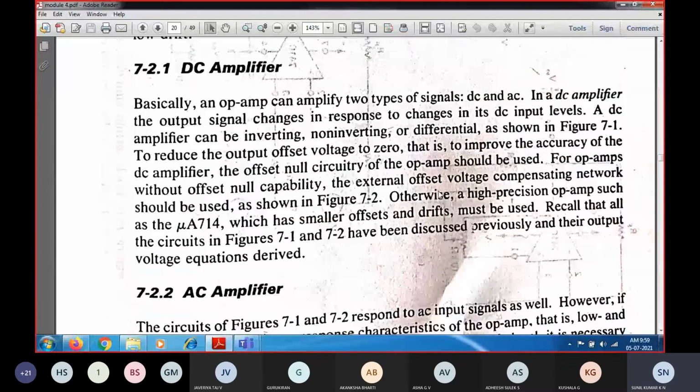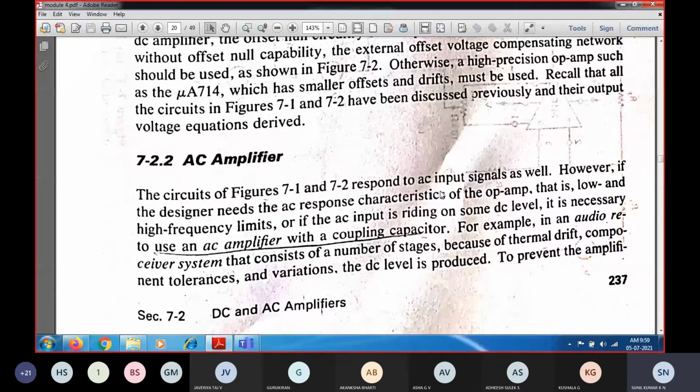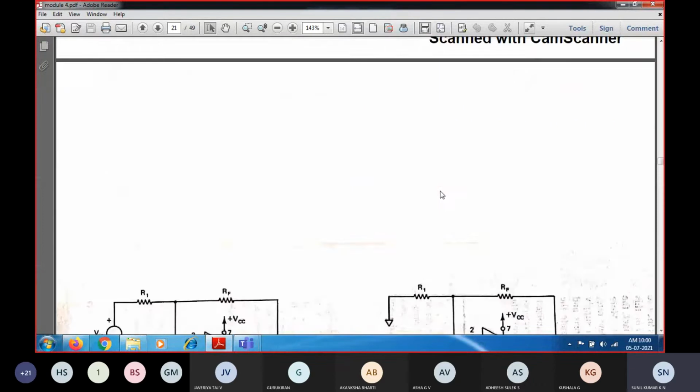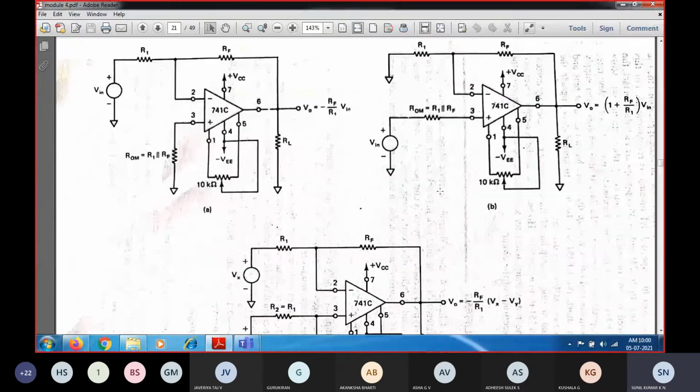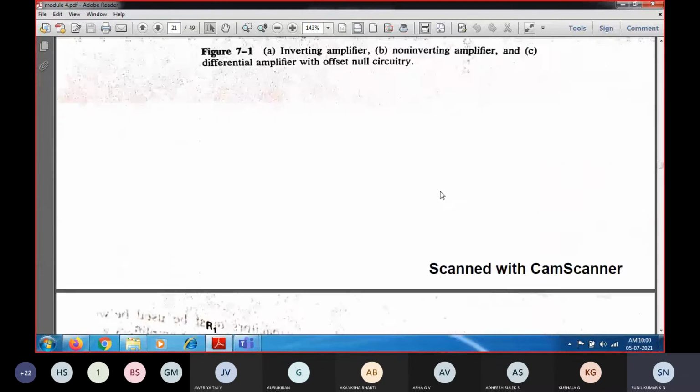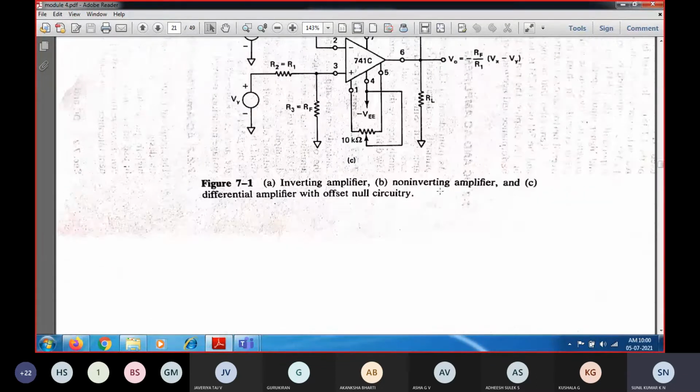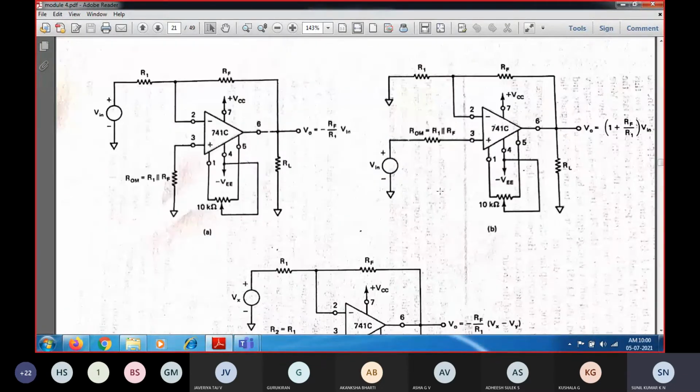In the last class we have also seen the different types of op amps: the 741 op amp as well as the EL351307 op amp. In that we have seen the first three different configurations of the operational amplifier, and how we are going to nullify using the offset nulling terminal.